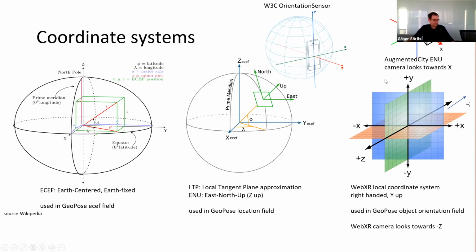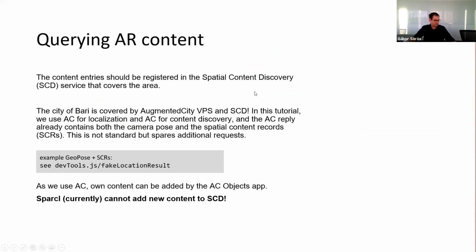And there was an additional complication for myself, that Augmented City cameras are defined similar to how robotic coordinate systems are defined. So the camera is always looking forward in the X direction, whereas in computer graphics and computer vision, this is different. Usually the camera is looking towards the Z or towards the minus Z direction. So there's an additional conversion needed there.